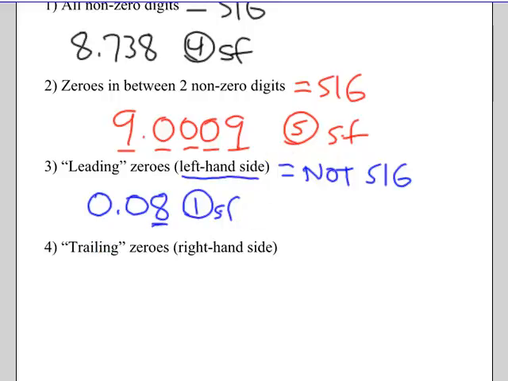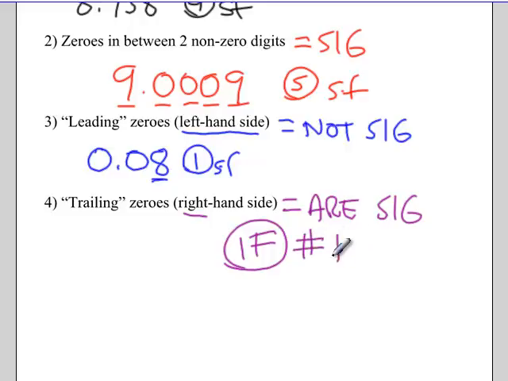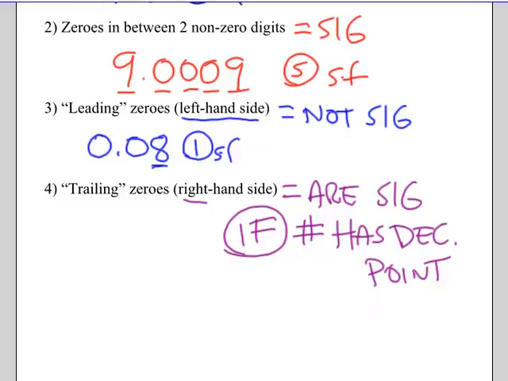Trailing zeros are zeros on the right side of a number. And trailing zeros are significant if the number has a decimal point. So trailing zeros might be significant, they might not be significant. It depends on the decimal point. So for example, the number